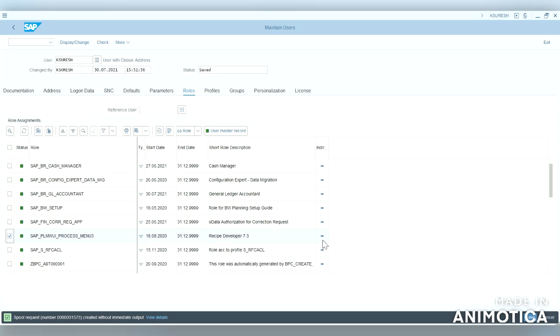Now let us see how the Fiori screen changes when we delete the role in the SAP screen, that is in SU01. Before deleting the roles, I have downloaded all the roles to the spool, so we don't lose the information about the roles which we already assigned. Now let us try to delete the role which is recipe developer 7.3,